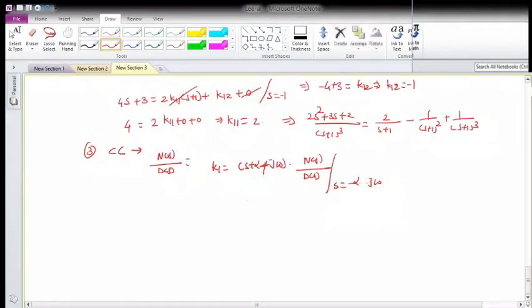Any way you can take. From that, if I substitute, I'll get complex terms in the numerator and denominator, and then I will express it in polar form, that is the magnitude r into e raised to j theta. For the next conjugate I don't have to do any work. Simply, the next coefficient, the residue, will be k1 conjugate, which will be r e raised to minus j theta.